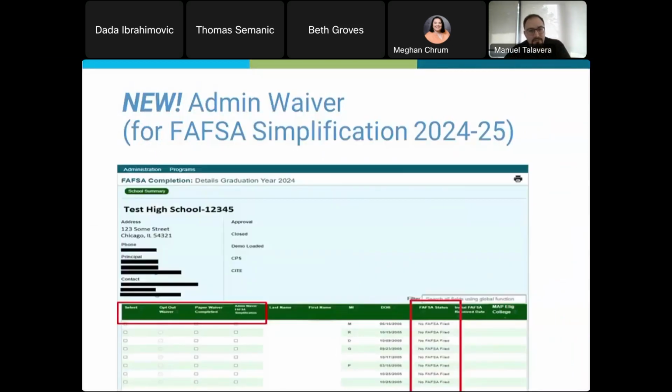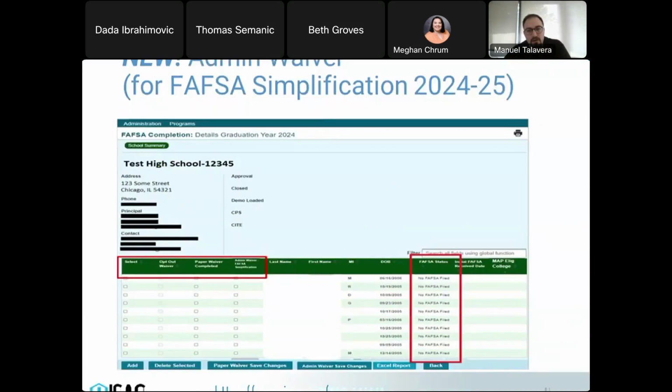So as I mentioned about the FAFSA waiver, and this is new for this year, especially with all the issues plaguing the FAFSA, we added the admin waiver, the FAFSA simplification waiver. So if there's any instance in which you're going through this and students have already graduated, right, you don't have a hold of them anymore, you can just go in and check that box, the admin waiver, and that's it. There's nothing else you need to do. So in the past, you've had to write a good faith effort, like what were some things that you've done to reach out to that student and their parents, and what happened, why couldn't you get a hold of them? All I have to do now is just check that box.